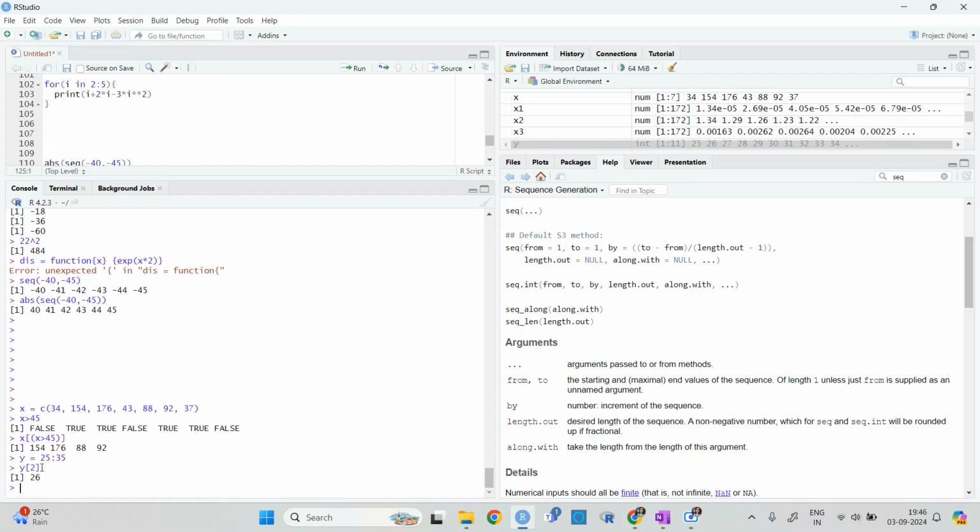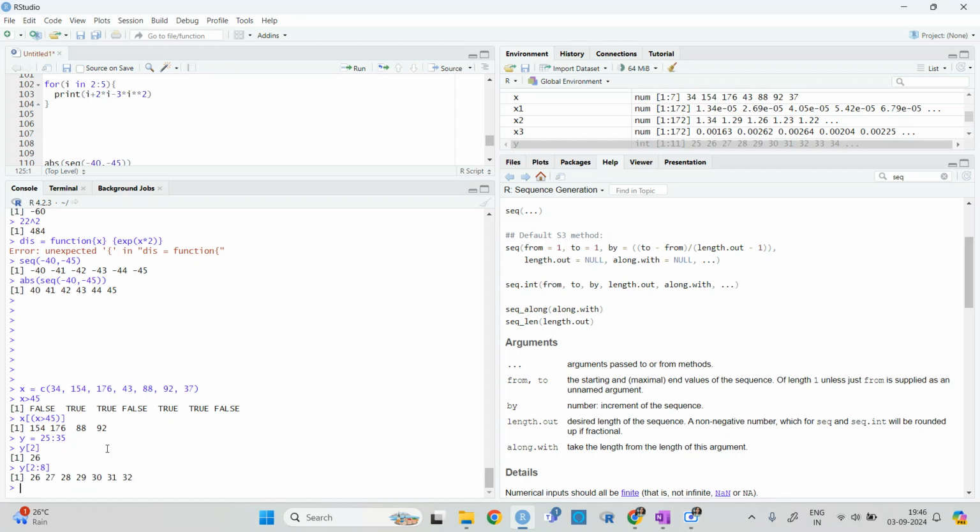So y2 means the value at y2. So y 2 to 8 will give you all the values in between y2 to 8. And then minus 2 to 8, right?